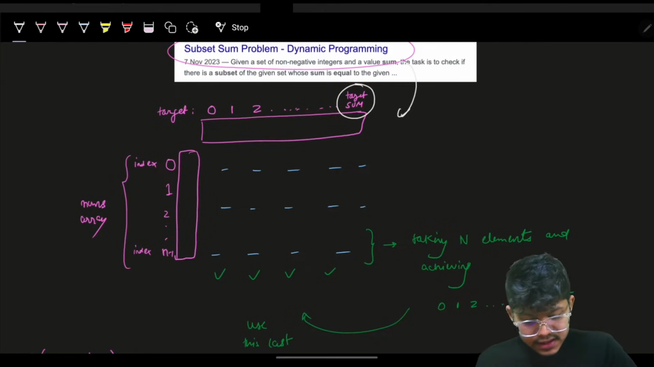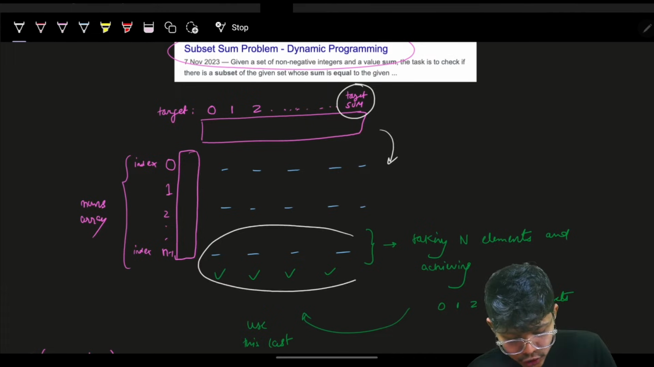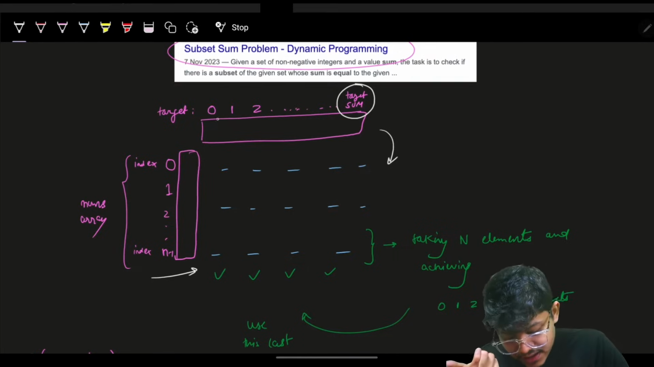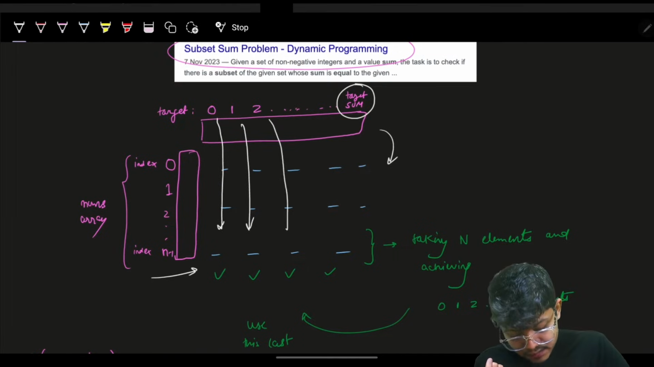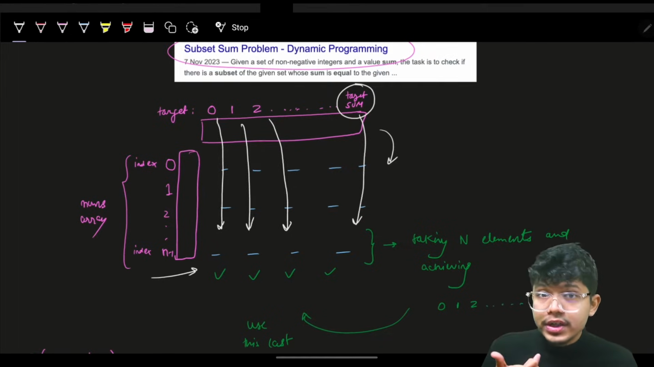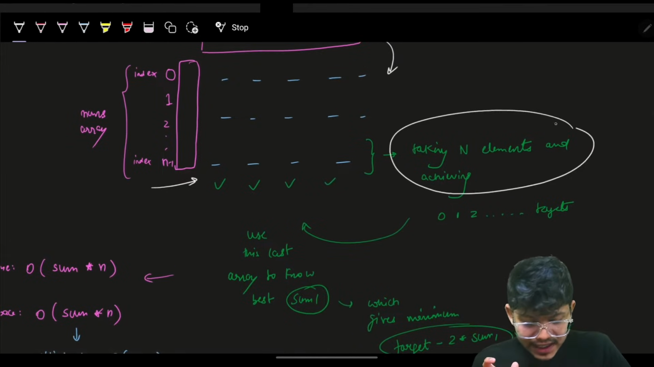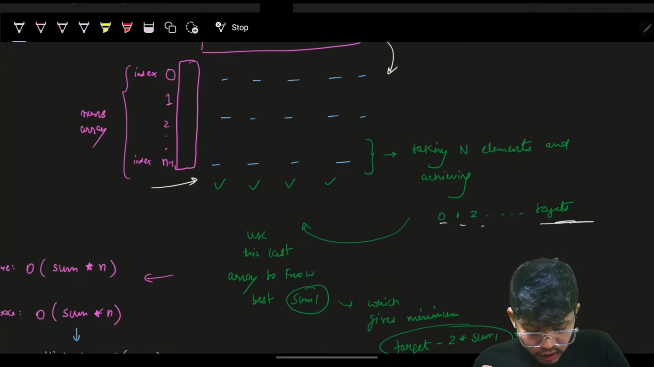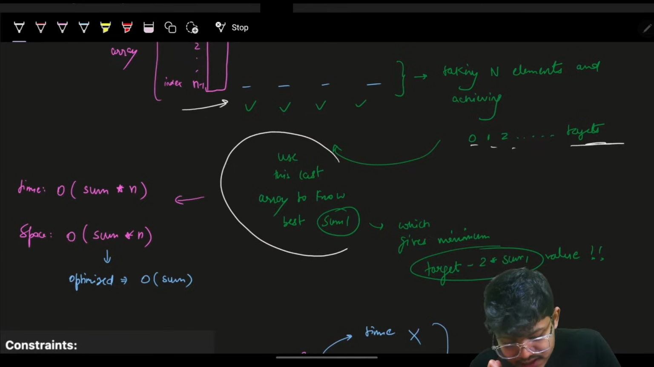Now in this, when we build the bottom up approach, we see that in the last row, considering I have n elements, can I achieve a target of 0? Can I achieve a target of 1? Can I achieve a target of 2? Can I achieve the target sum? This is what my last row represents, right? Okay, great. So taking n elements and achieving that specific target, either 0, 1, 2 or the target value. So I'll simply use this last array